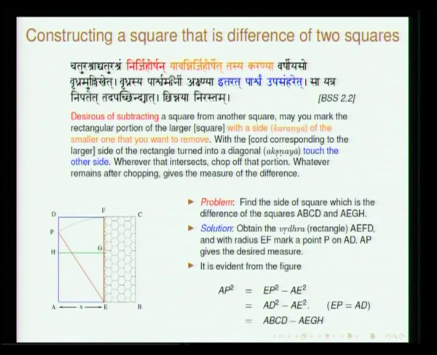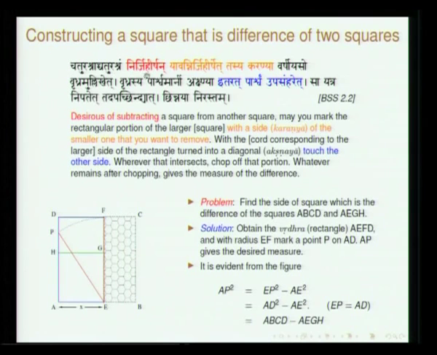Now, I move on to discuss the sutra which gives you the procedure by which you will be able to find out the side of a square which is going to be the difference of two squares, unequal squares. So, earlier we saw a sutra which gave the procedure for finding the sum of two squares; here it is a difference. So, Chaturashra Chaturashram Nirjihirshan. Nirjihirshan means Nirhartum Icchan. Okay. This is how the word is derived.